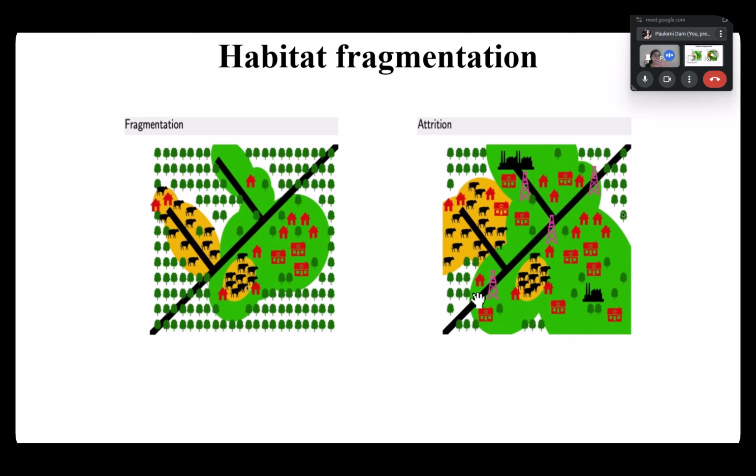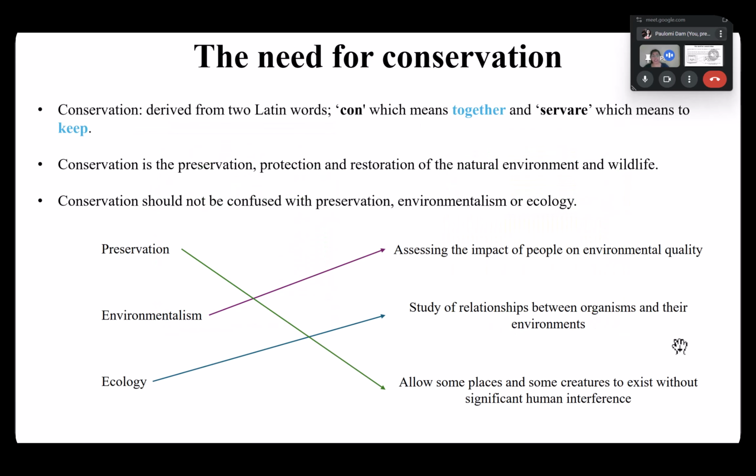This is a different way from how you have habitat fragmentation. So all these are very much prevalent in nature today, and this is being exacerbated by human activities. So we now are at a stage where we need to make a call for conservation, and we have to look into conservation because it is the need of the hour. So let's look into what is conservation. Of course, we have done this in the very first lecture. We have looked into what is conservation and what are the basic themes that we are trying to understand here. So let's look at that first and then move into the details of this chapter or lecture.